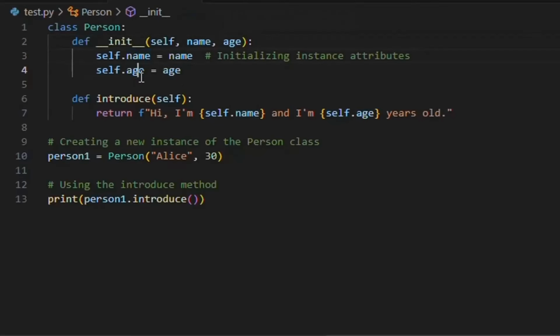The constructor initializes the object with two attributes, name and age. It takes two arguments during object creation and assigns them to the instance's attributes, self.name and self.age. The introduce method, an instance method, uses the initialized attributes, name and age, to return a formatted string introducing the